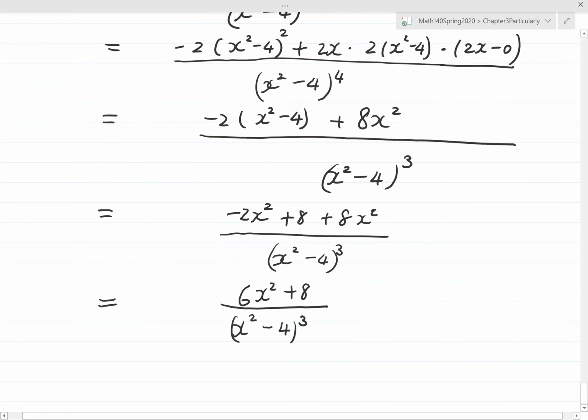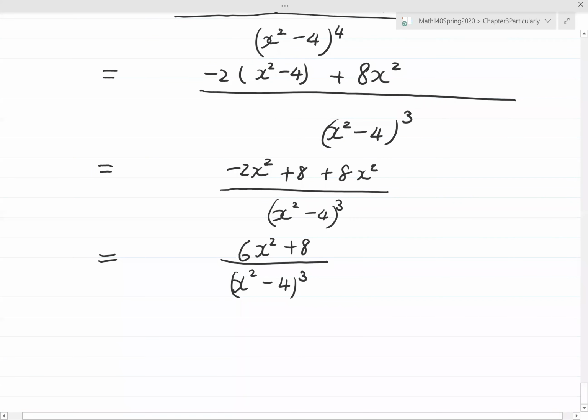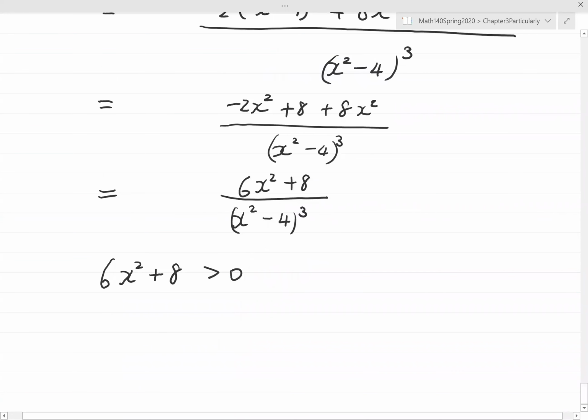Now, you see, we need to determine when this thing is positive or negative. First of all, the numerator, 6x squared plus 8. X squared is non-negative, so if we add 8, then it will be a positive number. So the numerator is always positive for any value of x. Now the denominator, so the second derivative is positive if and only if